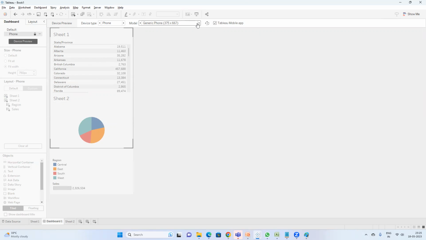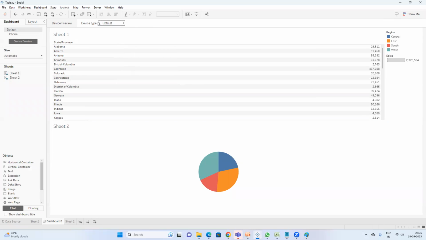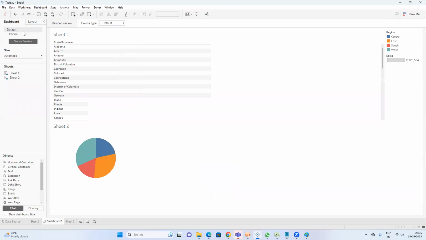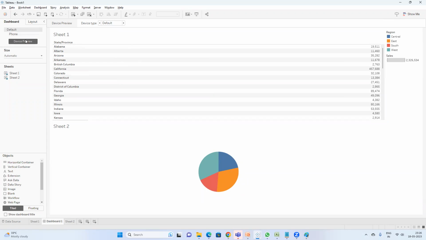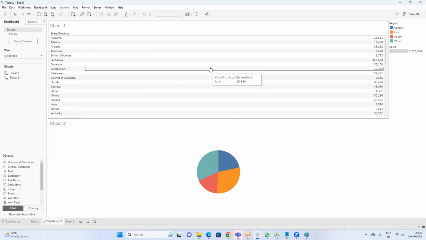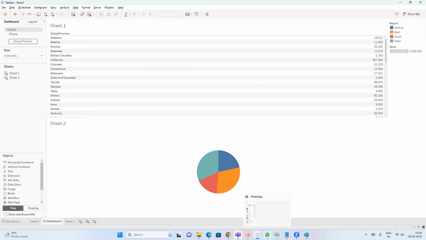And we can select how it will be visible in the different phones. These are the list of phones that are available. According to their size, we can see the preview. This is just a preview that is available. So this is how we can make mobile dashboards as well,